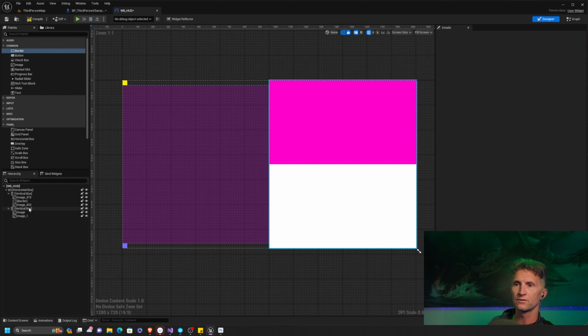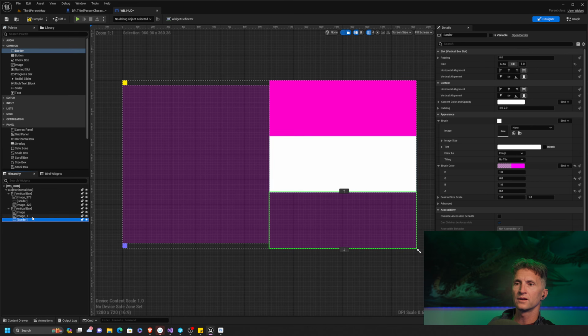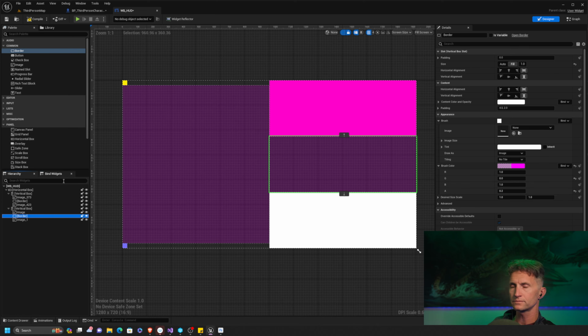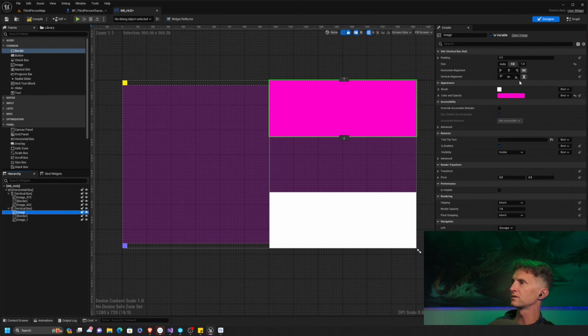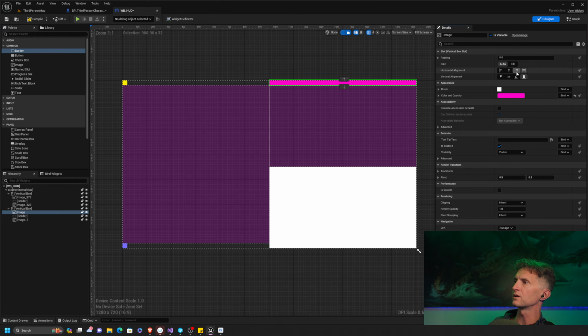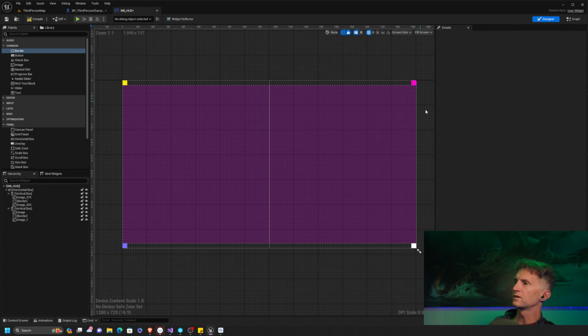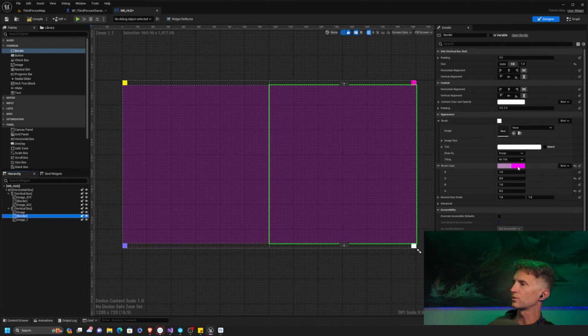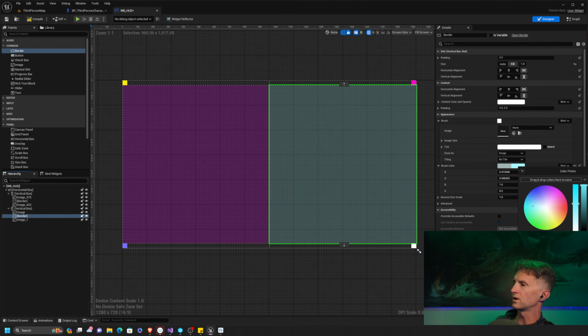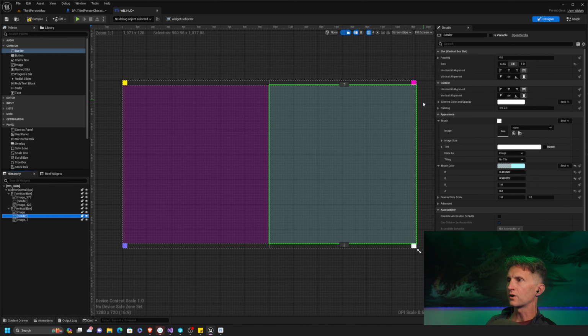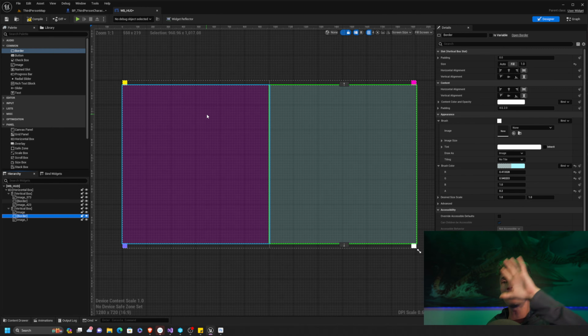So let's do the same thing for the right side. Let's add in our border as our buffer, and we're going to set our images to auto, and we'll right align them so that they line up. And there you have it. And actually let's just change the color of this border a little bit so that you all can see left versus right. Okay, so now what we have is our entire widget divided up into sections